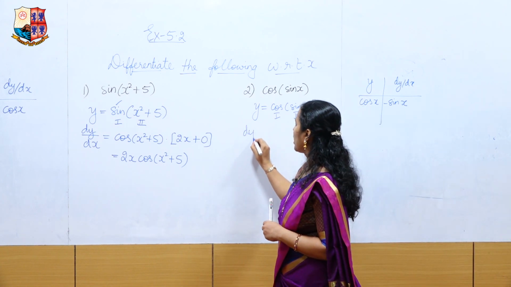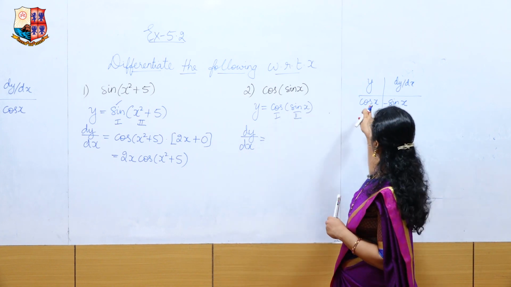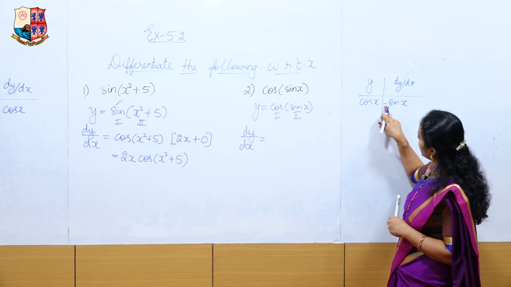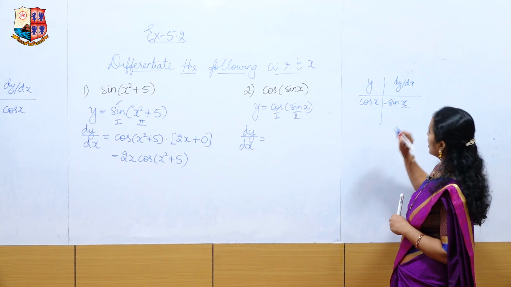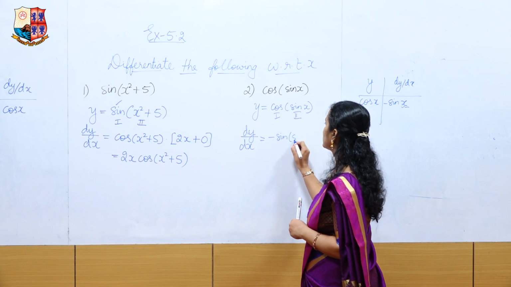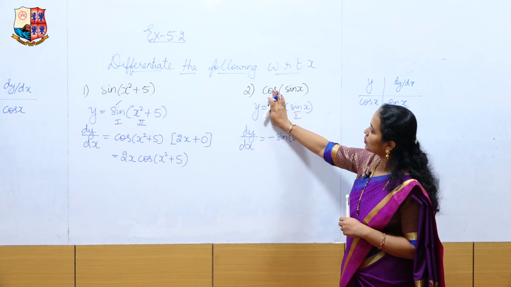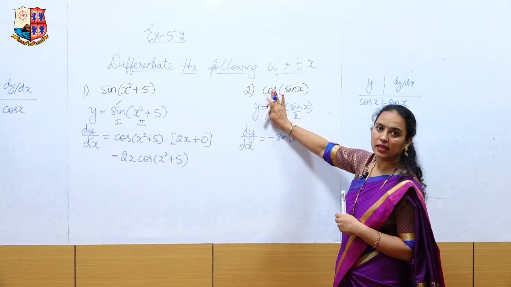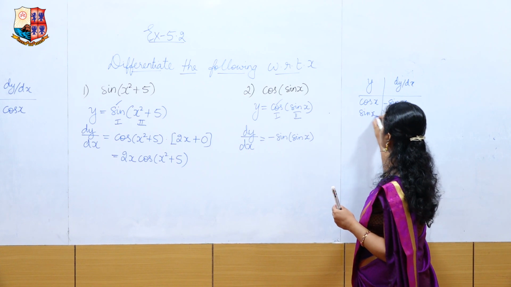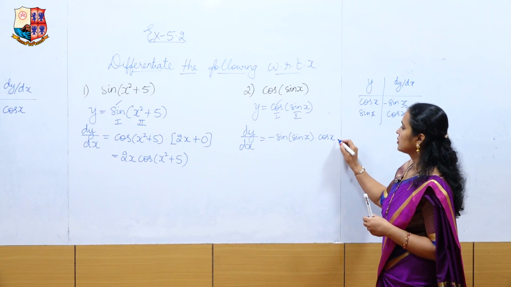So, differentiate y with respect to x. Outermost you have cos. Cos x is minus sin x. So, cos of sin x will be minus sin of, in the place of x, you will write sin x. So, minus sin of sin x. Done with the cos. Now close this cos function. Remaining is sin x. When you differentiate sin x, you will get cos x. So into cos x. This is your answer.